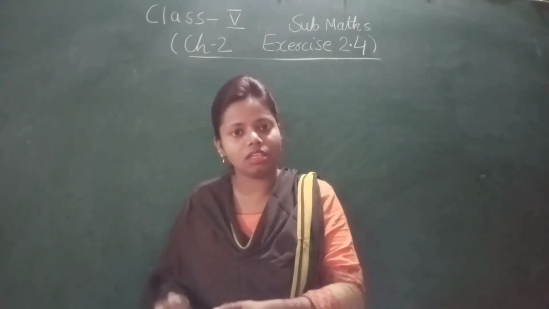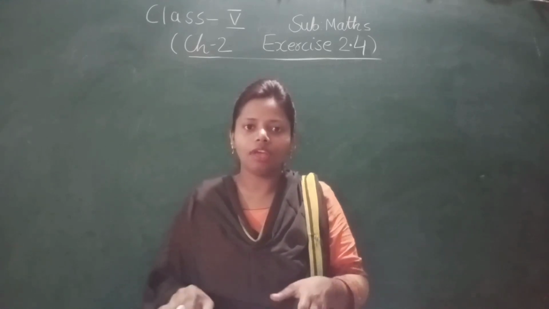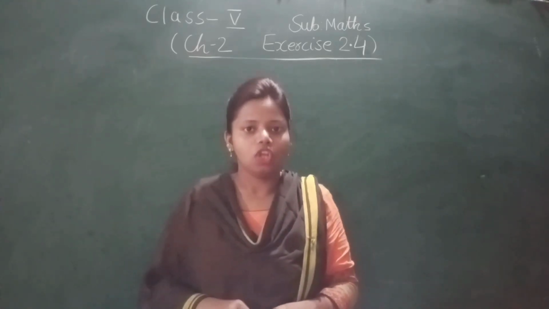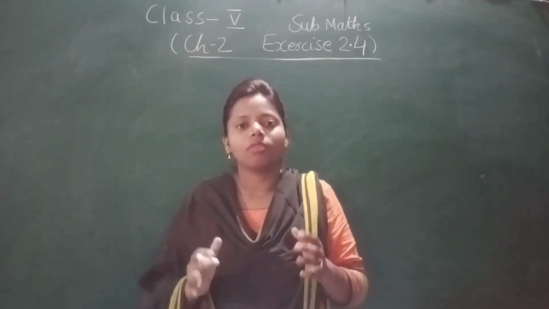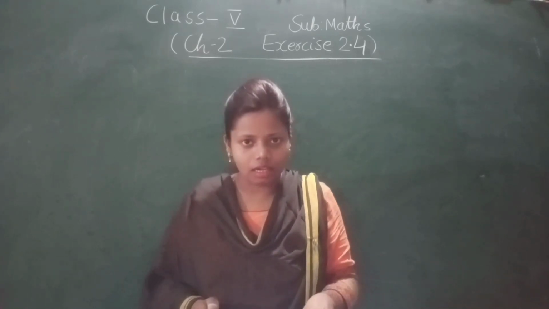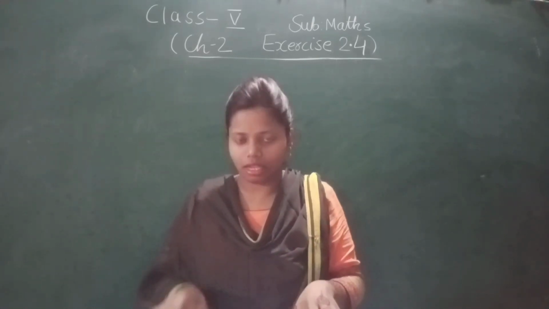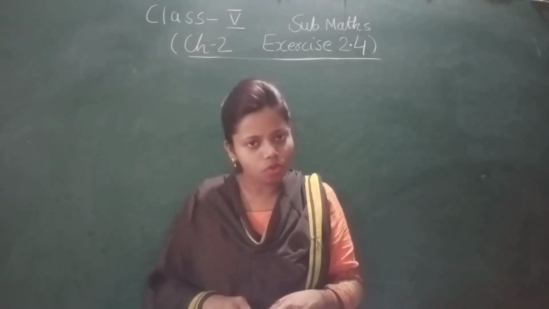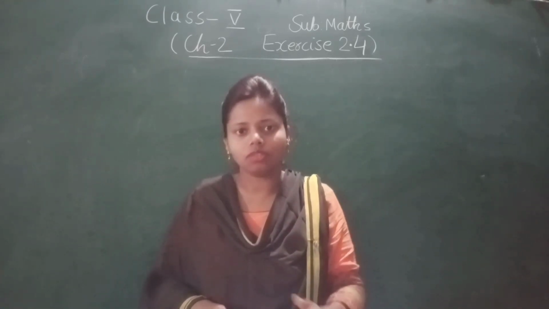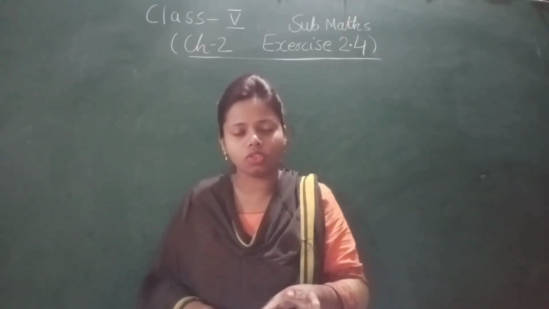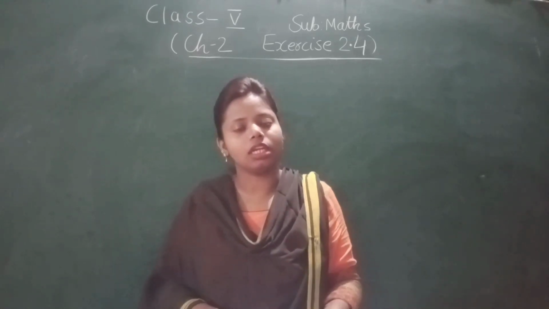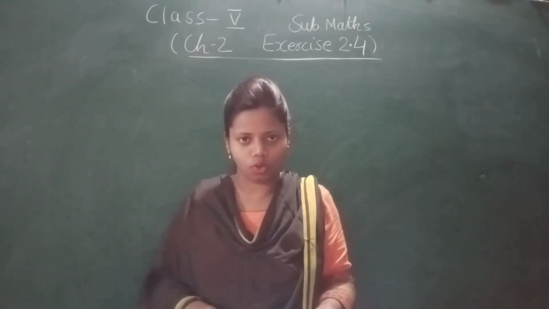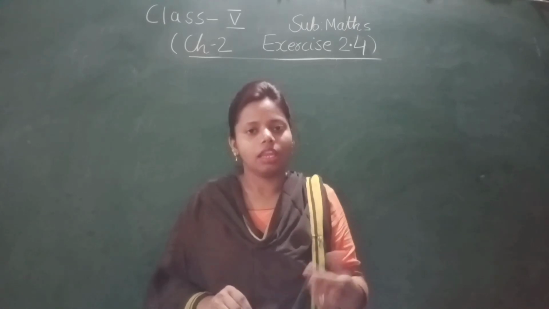But they have not given us the number of reference books. We have to find this number of reference books. So how to find? First, what we will do? We will add books of fiction and magazines. We will add these two. Then we will subtract this from the total stock of books and magazines. Then we will get the number of reference books. Okay, now let's start.